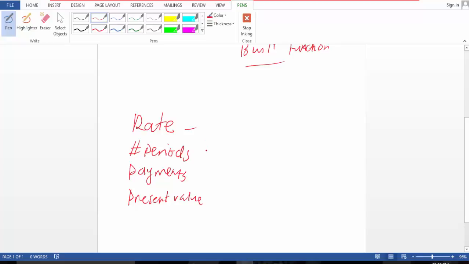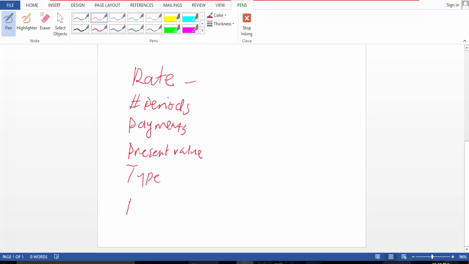I have the database already built. We'll just go in and finally the type. And the answer we're looking for is going to be the future value. So let's define, this is the expected APR, annual percent rate,